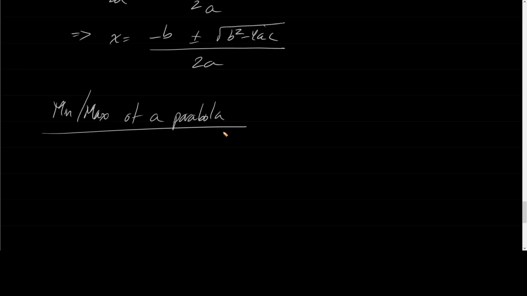All right. So the min and max of a parabola happens at its vertex. If I say given f of x is equal to ax squared plus bx plus c, where a is not equal to 0, in other words, I'm forcing it to be a quadratic. So given a quadratic function, the min or max value